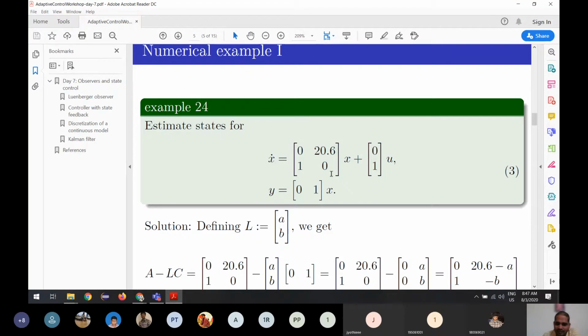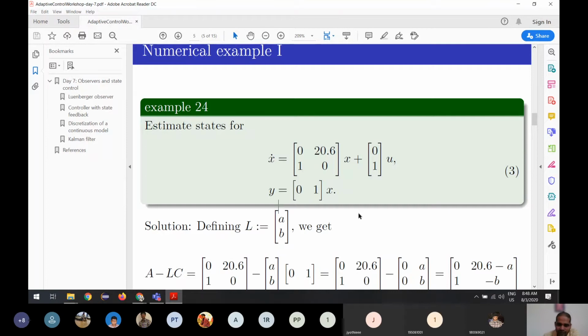X dot is equal to A times X plus B times U, Y is equal to C times X. So if you see what we have, if you think the system is some real life system, we don't have access to the X. What we can measure is Y, and obviously we are giving U, so we know the values of U. So if you see, the X is just the second one. The first one is not there, so we don't know what this is. And let us try to observe the other X. So if you say X is X1, X2, we have access to X2. X1 is not available to us.